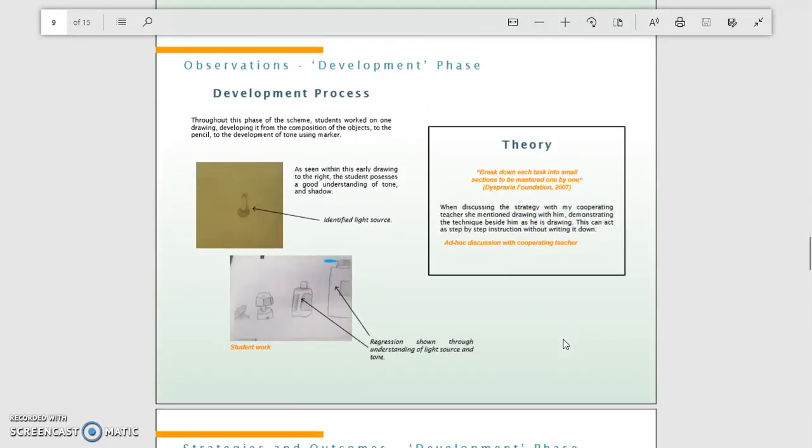The development phase of the scheme allowed the students to apply focus and attention to one drawing. When comparing Patrick's earlier drawing with the pencil stage of his final drawing, it is clear that some regression may have taken place. There is a clear understanding of observation, shape, and a light source from this drawing, which is missing from the